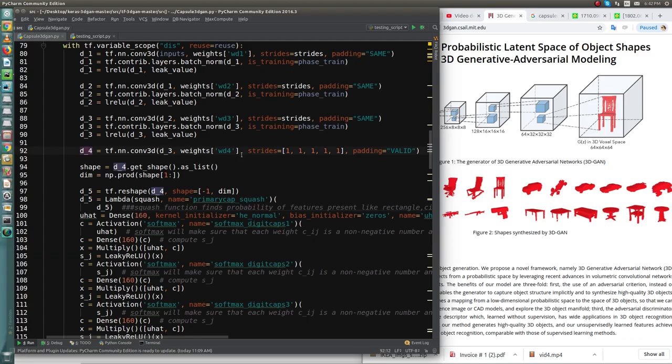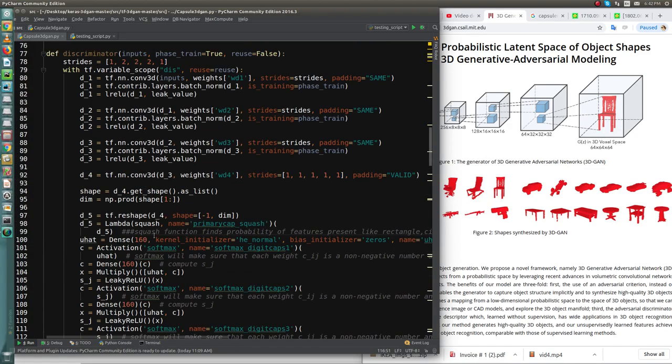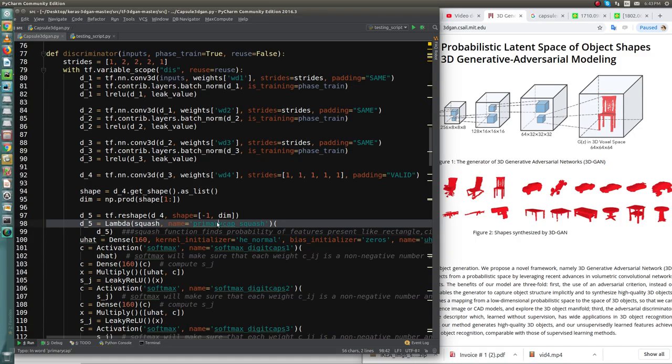I'll show you. This is my fourth weight matrix. Then my CapsuleNet architecture starts, and I introduce the primary capsule here. I use only one single capsule in the 3D GAN. Squashing is done here.